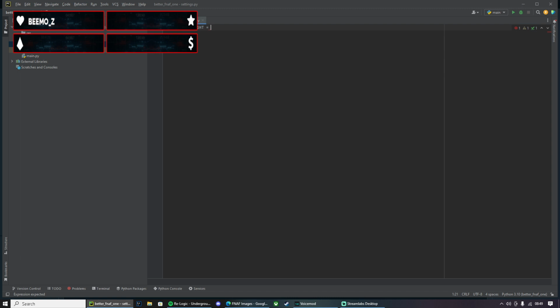Oh, what is it equal to? I think the width is like 1600. Okay, so 1600 by, I think it's 700, but I'm not 100% sure.